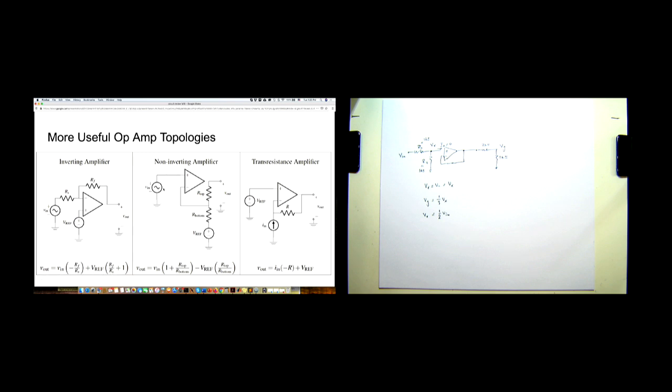But the non-inverting amplifier topology is exactly the same, where you have hooked up Vin in an opposite way than Vref. So Vout is Vin times 1 plus R top over R bottom. And notice that R top is essentially Rf, and R bottom is essentially Rs. It's the same exact topology. We just hooked up Vin and Vref the other way around, right?